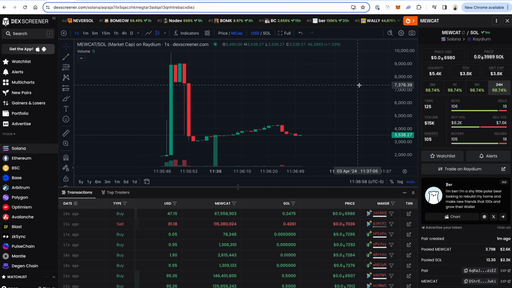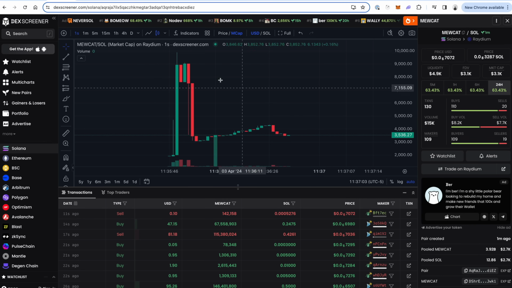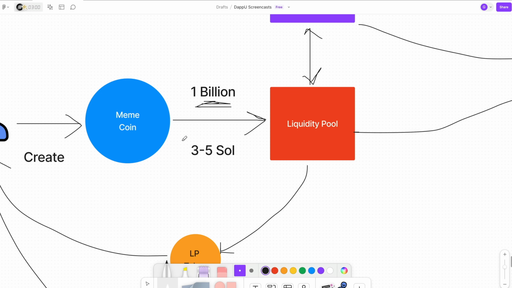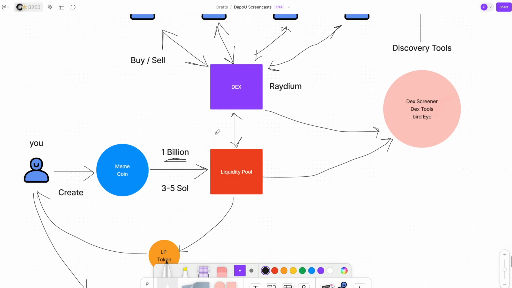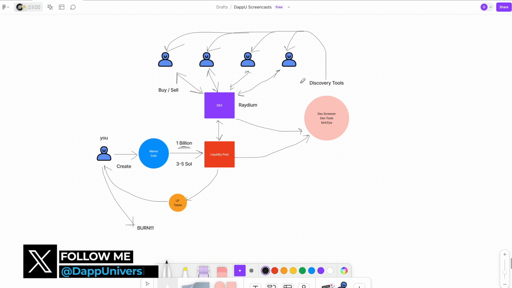Who knows what's going to happen to this coin? This thing could be a scam, rug pull, go to zero. Not endorsing this coin in this video. I'm just using this as a live quick case study to say that, hey, 5 SOL is enough to create a liquidity pool for a coin that could be worth a lot more pretty soon. So if I watch this coin, maybe it goes to several $100,000 market cap, maybe it goes to multi-million-dollar market cap, maybe even multi-billions.